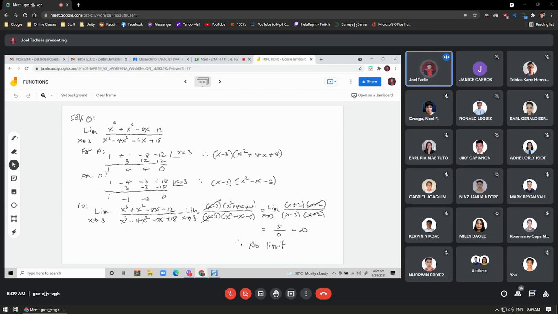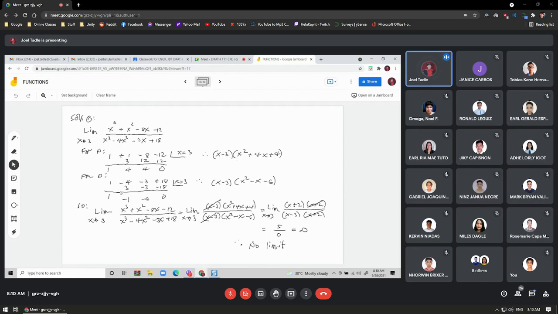Then bring down this first digit 1 times 3, 3 plus 1, 4 times 3, 12. Then minus 8, positive 4 times 3, 12. Minus 12, 0. So the factor for numerator is quantity x minus 3 and quantity x squared plus 4x plus